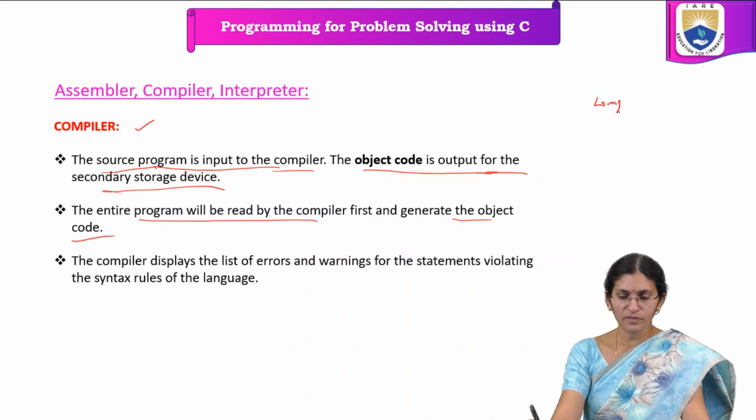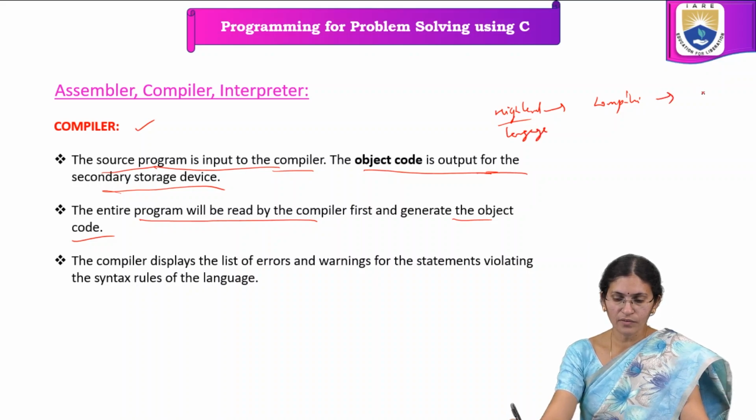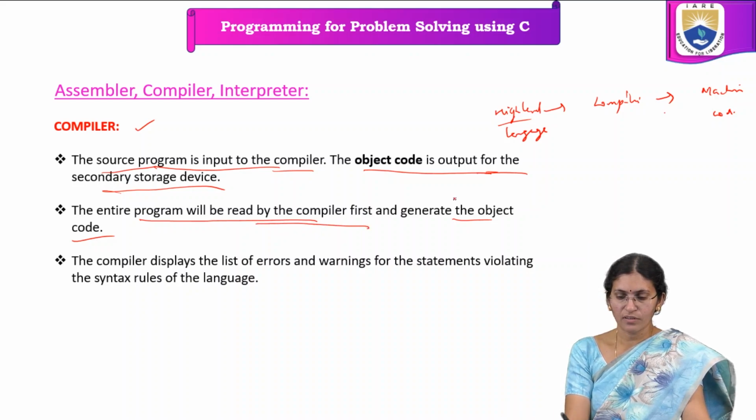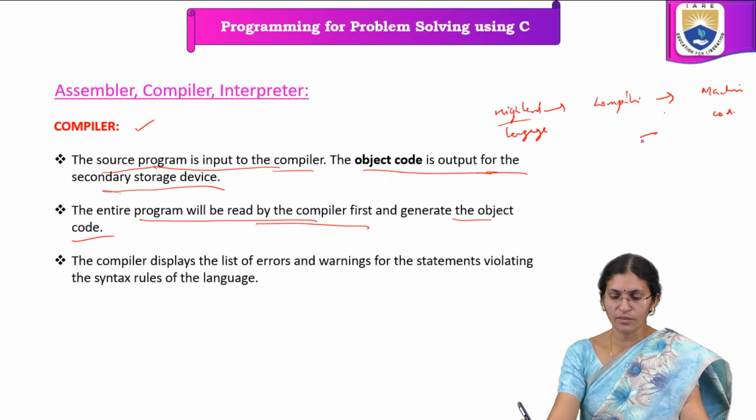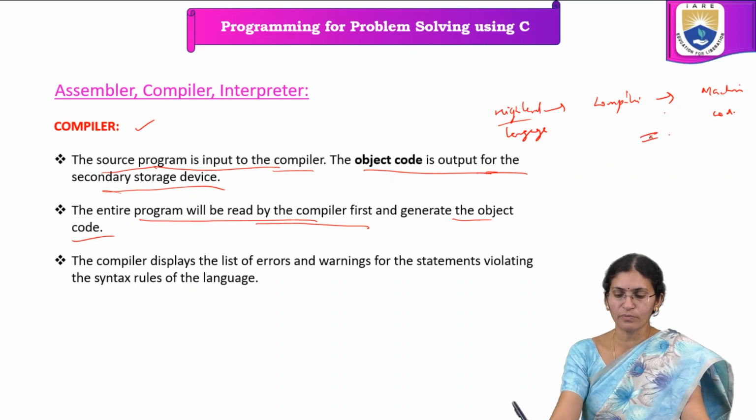The compiler takes high level language as input, and converts it to machine code. Before converting it to machine code, it is compiled first. The compiler generates an intermediate object code, and then after that,